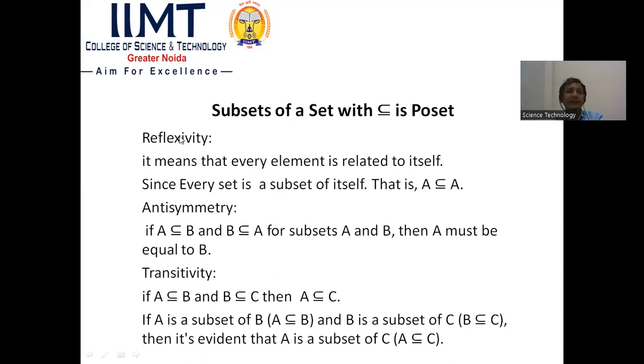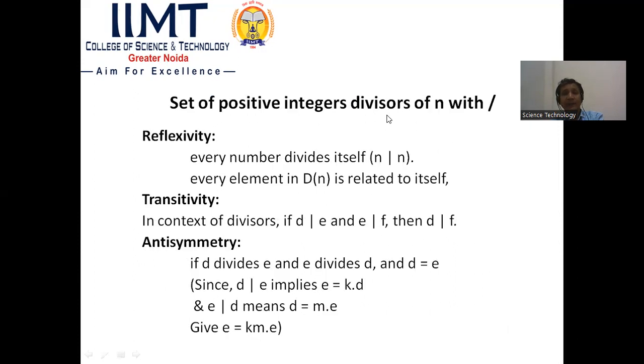So we notice that reflexivity, antisymmetry, and transitivity are fulfilled by the relation of set inclusion for this collection of subsets. So we can say this collection of subsets is a poset and this set inclusion is a partial order